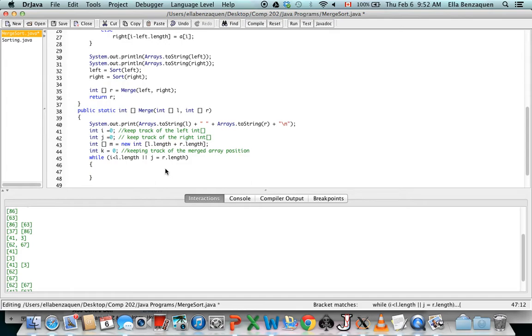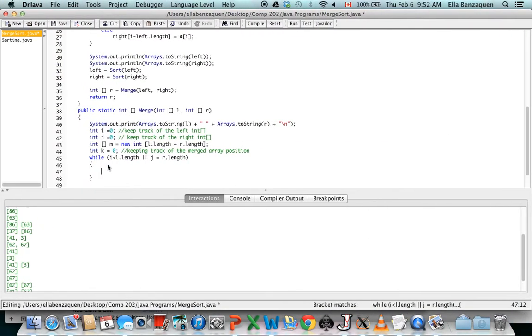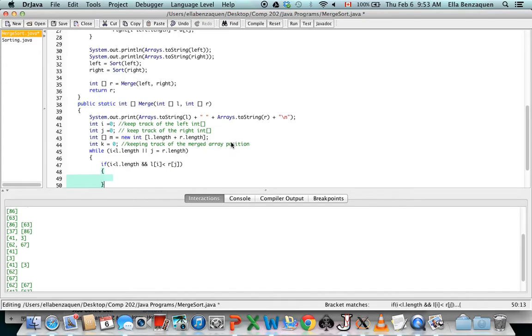Okay, so as I said, one of my first conditions was, see, my i is now 0, my j is 0, therefore I need to look at my position 0 of each one of my arrays and say that if my i is less than my L dot length, and that my integer at the position 0 of my left array is less than the integer of the position of my right array. Therefore, what it is I want to do is